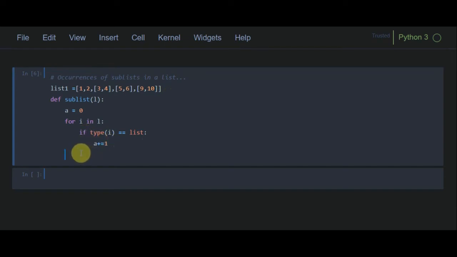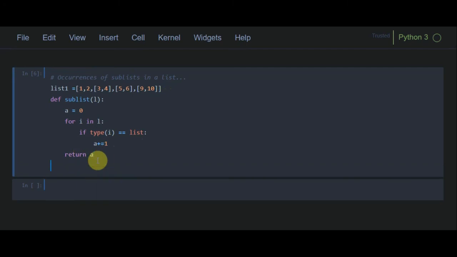So then we can return our value, return a, and then we can print our function. I am using string formatting to print our list